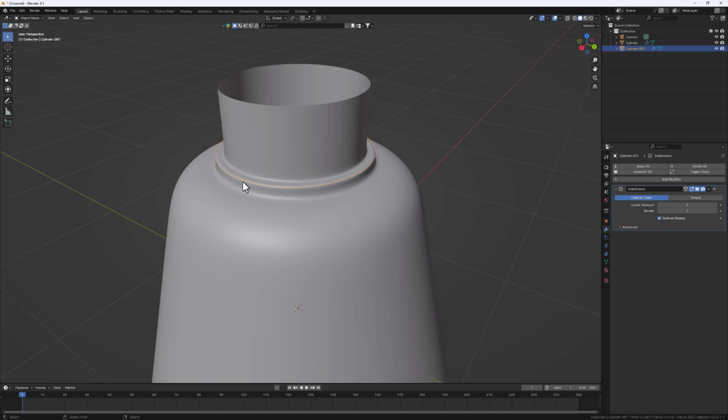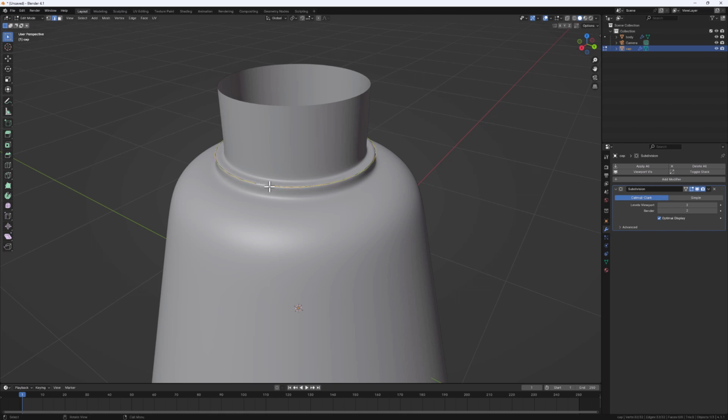We have 1 here and then 2 here. If we look at our scene, you can see we have one cylinder and then cylinder 001, right? So we can rename this as body, and then we can use this as cap, right? So this will be the cap. So once we have the cap selected, let's hit tab to jump into edit mode once again,